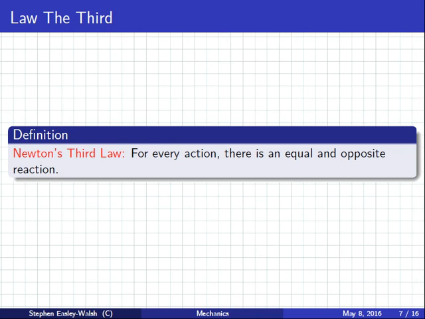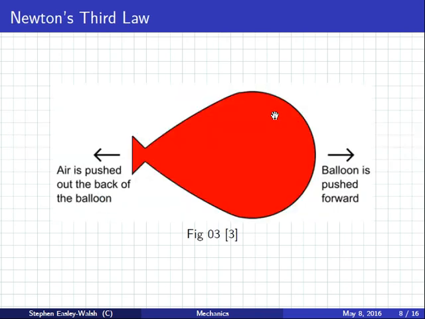So here's a relevant example. In this example here, air comes out of the back of the balloon, and the result is that the balloon moves forward. So the air coming out the back is the action, and the balloon moving forward is the reaction. And we'll actually see more situations like this today, particularly when it comes to pushing against the wall and stuff like that. This is just a basic idea.